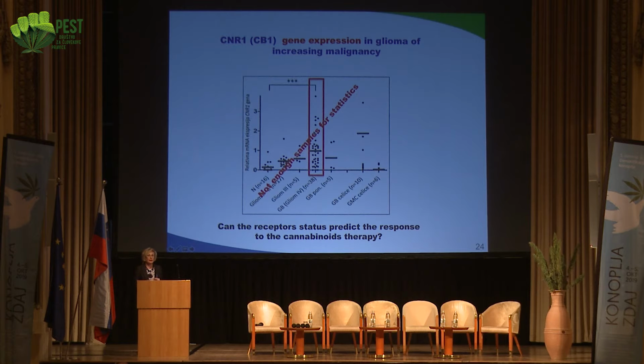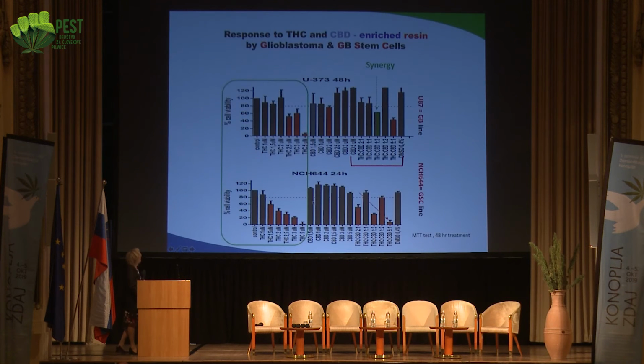Now, finally, of course, we take the tissue and we test the effects of cannabinoids on live patient cells isolated from this tumor. We measure the response to THC or CBD. Here, this data shows we have used an enriched resin. So this was not purified, this was a resin that you can also get from some producers, and people are also using it mainly for self-remedy. Here we have seen the differentiated cells and the stem cells below.